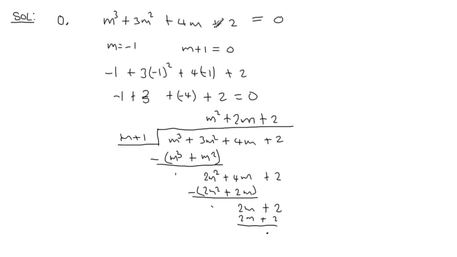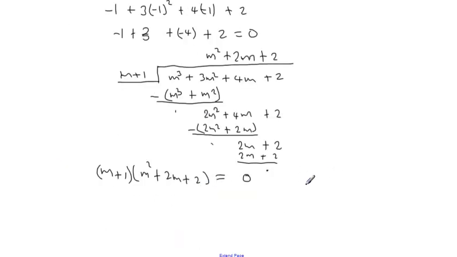So this polynomial is supposed to be m plus 1 multiplied by this quotient here, which is m squared plus 2m plus 2 equals to 0. Now from here we can conclude that m is equal to minus 1, like we tested, and then we're left with m squared plus 2m plus 2 equals to 0, which again we can solve using the quadratic formula because